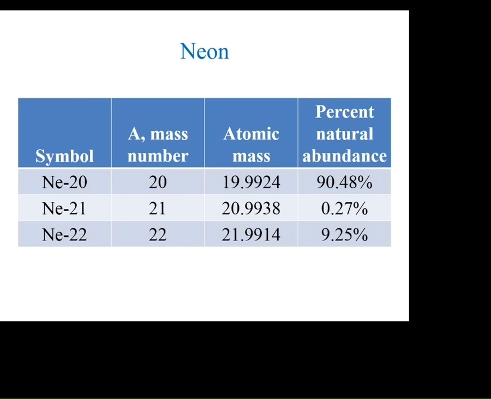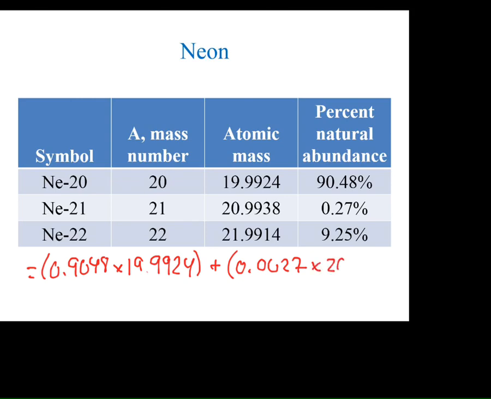So you wouldn't take 90.48 times 19.9924. What would you do? Do you know? Yeah, so we would take 0.9048 and multiply that by the mass, 19.9924. And then I would do the next one. So how would I turn 0.27 into a decimal? 0.0027. Yep. That one times its mass, 20.9938,